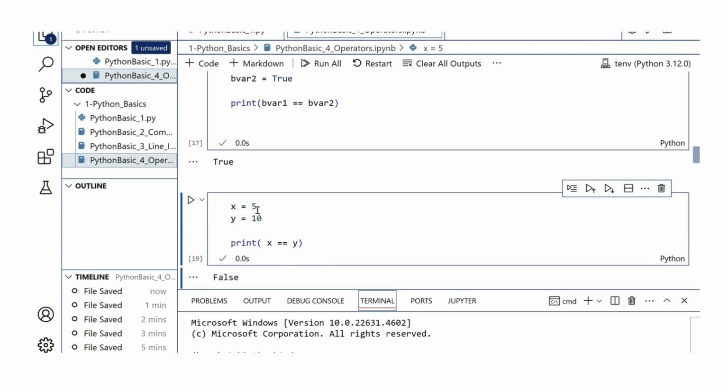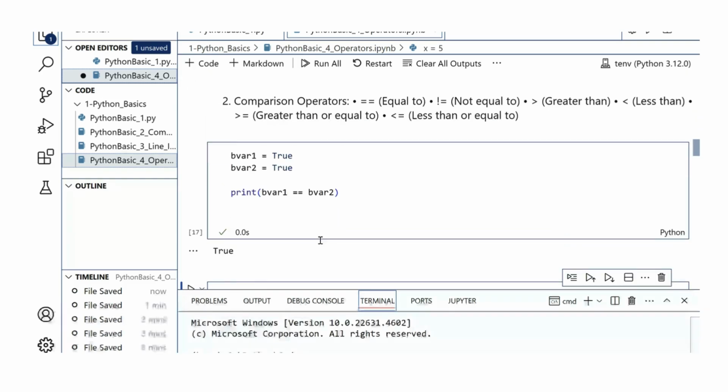So x equal to 5, y equal to 10. So both are not equal. It is returning us false. The Boolean will show that 5 is not same as 10. Similarly, we can do it for the other one, not equal to,